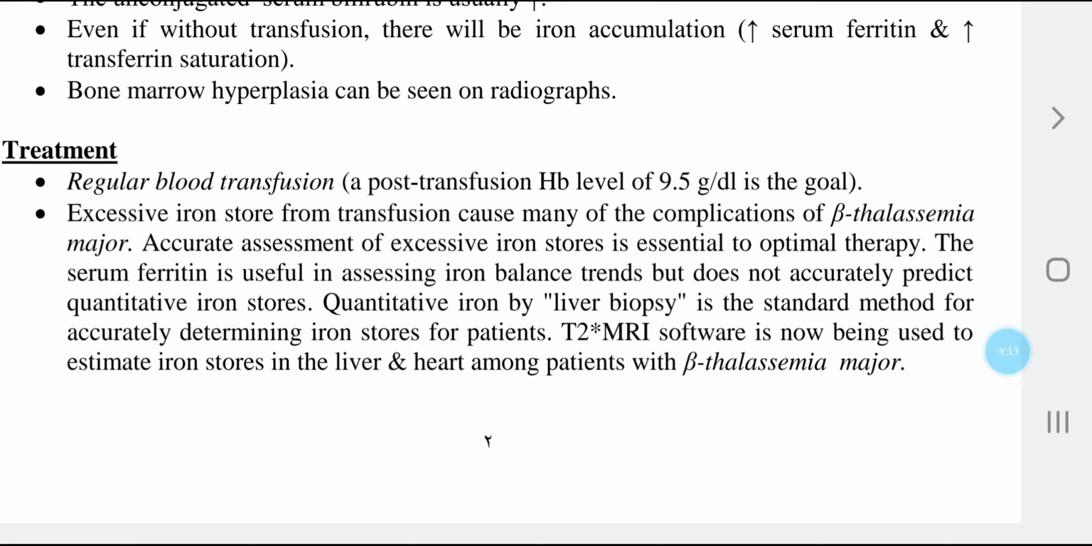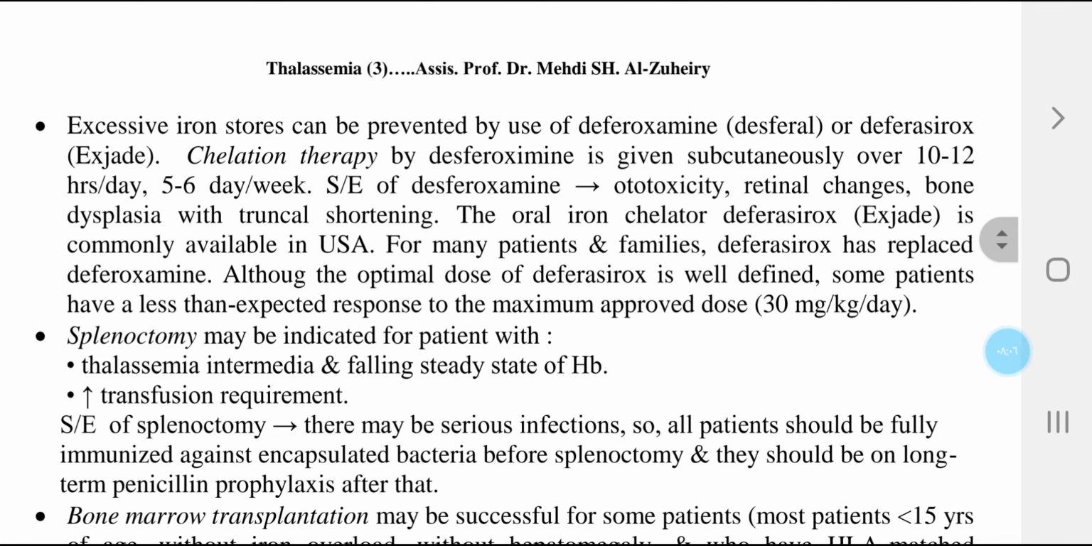Quantitative iron by liver biopsy is the standard method for accurately determining iron store for a patient. T2 MRI software is now being used to estimate iron store in the liver and heart among patients with beta thalassemia major. Excessive iron stores can be prevented by use of deferoxamine, Desferal, or